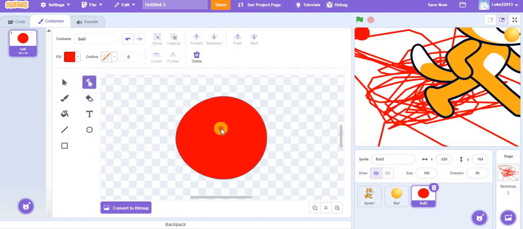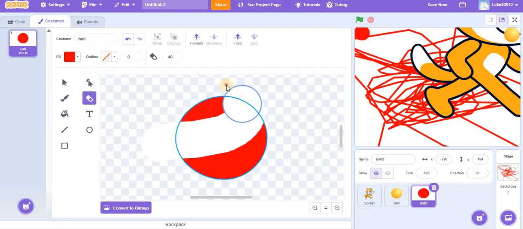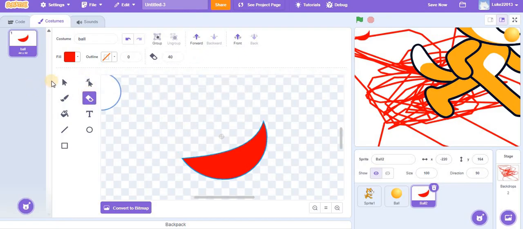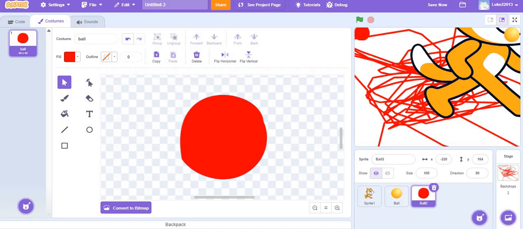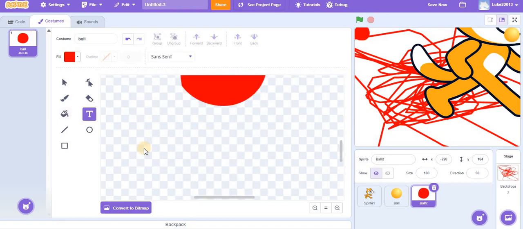Erase is, you can erase part of the object like this. And you could do like that. You could reform. You could make things be like what they were with that button right here. It fills with one color. If you do the bucket tool, if you do the text tool, well, you can be like